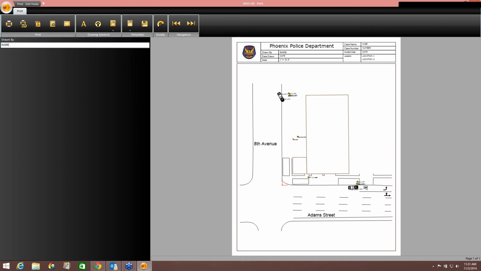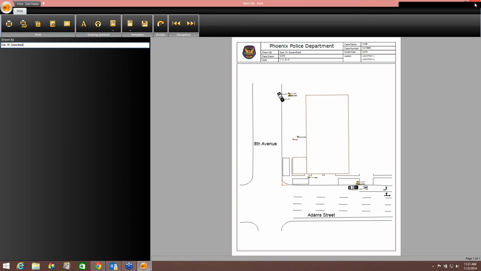And I type my name, whatever information I need in here, I can complete it. So that's a crime scene diagram, start to finish, of a police shooting in a location,